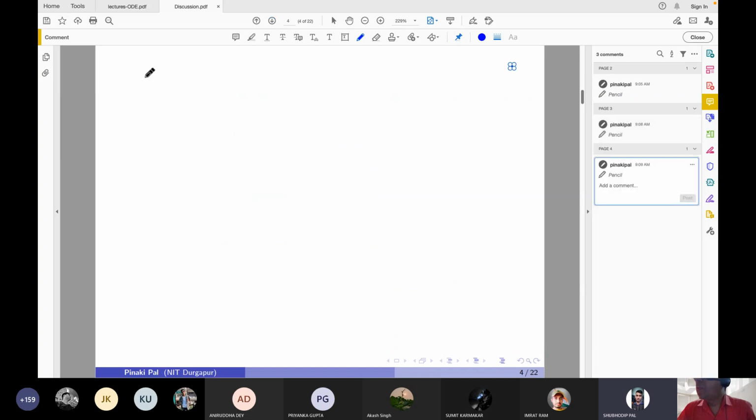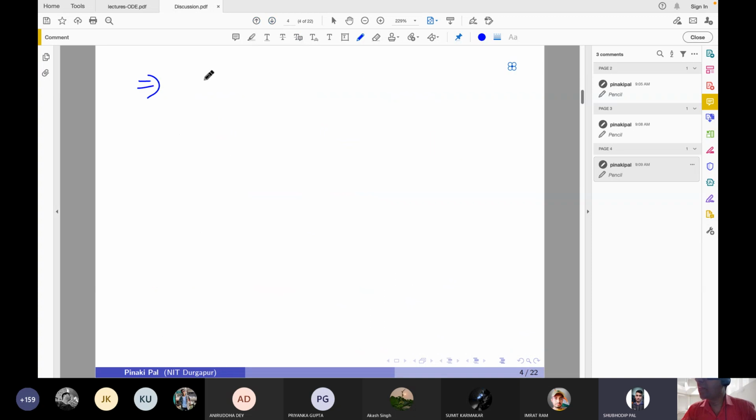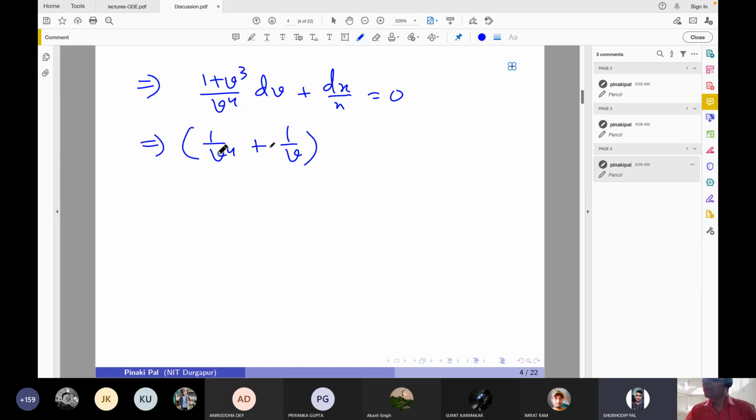So next, this will imply x dv/dx, so 1 plus v cube divided by v to the power 4 dv plus dx by x is equal to 0. So now you see 1 by v to the power 4 plus 1 by v dv plus dx by x. This is nicely integrable. If we integrate it, we will get minus 1 by 3 v cube